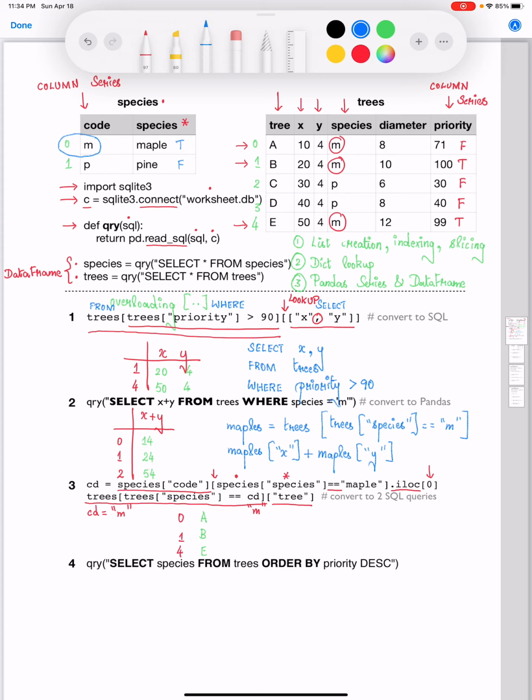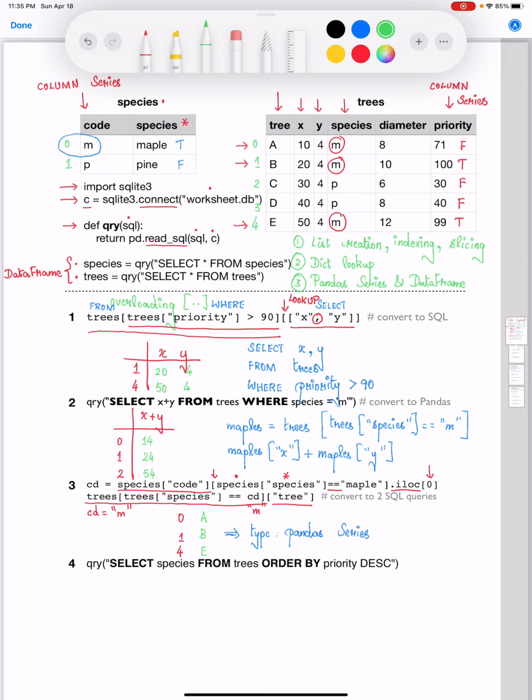Let me write down that the type that you're going to get is going to be series. Why is that the case? That's because whenever you extract a specific row or a column within a pandas data frame, you're always going to get the return value type as series.